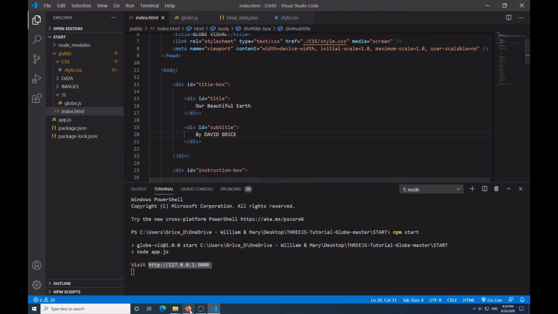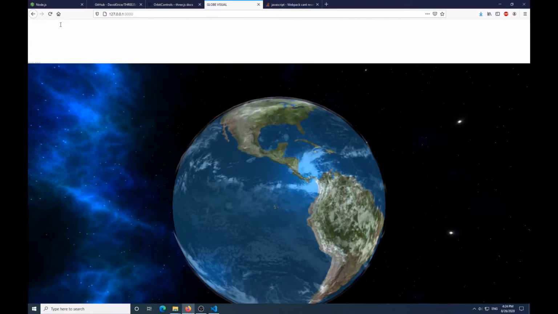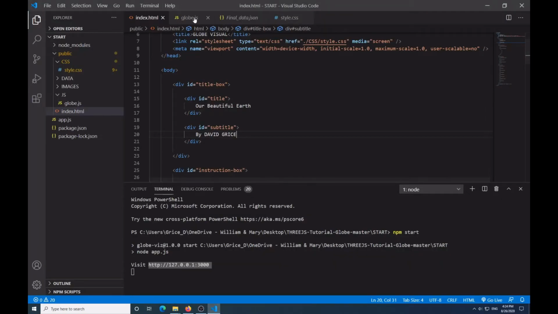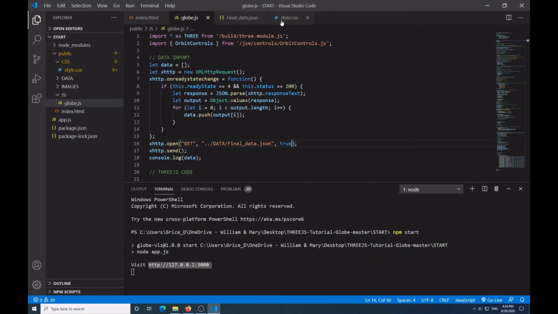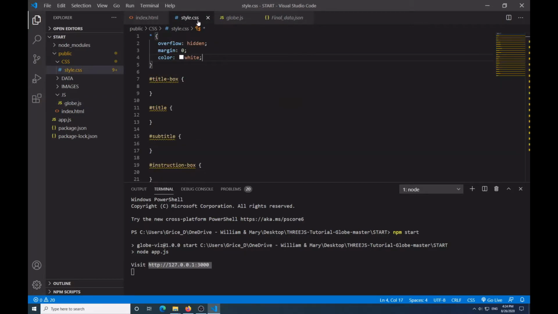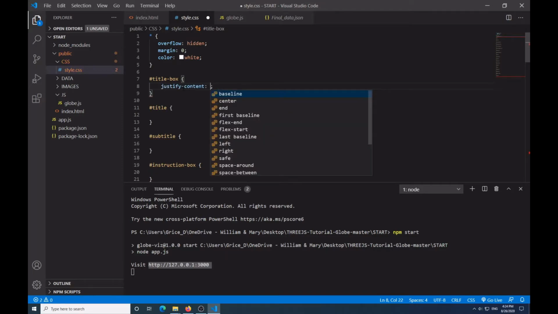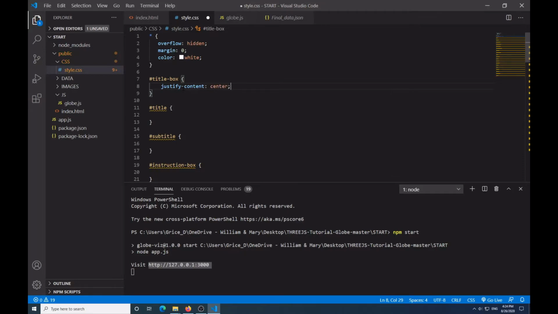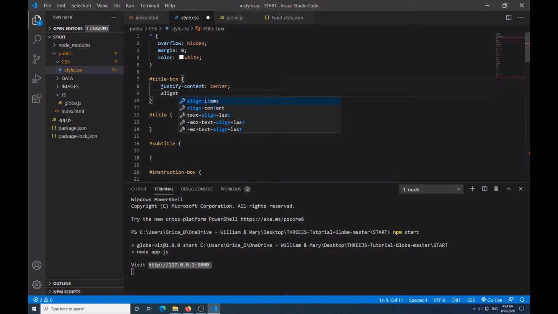If I save this and go back here and refresh, it's still not going to be here, but if you highlight up here, because I put the text to white, it's going to be there. So let's go into the globe, style, CSS, and under the style, what we want to do is have the title box set the attributes of it. I'm going to say justify content is equal to center, align content is going to be equal to center,